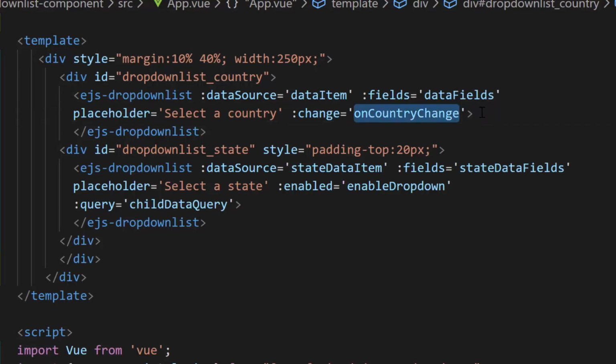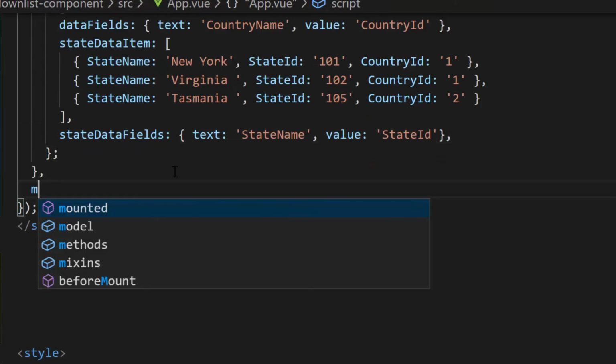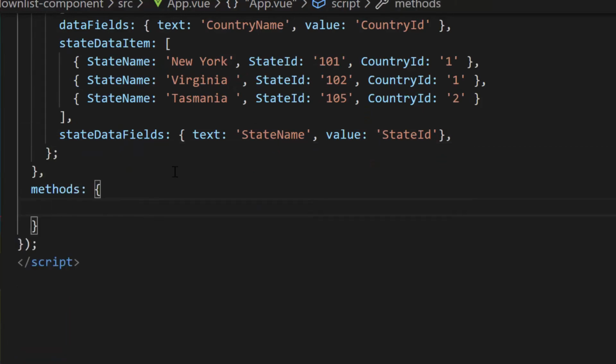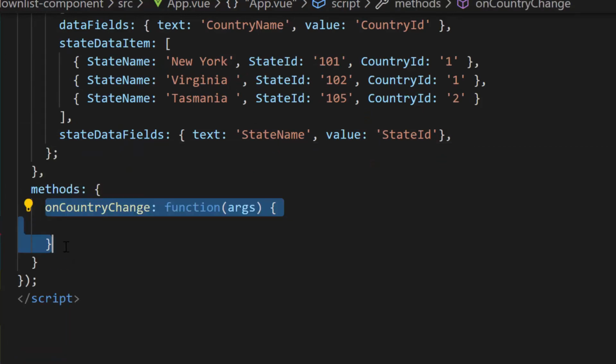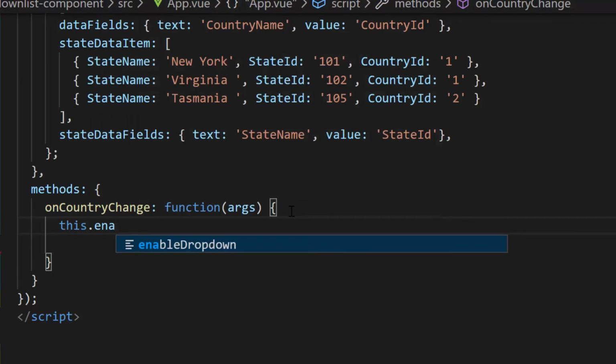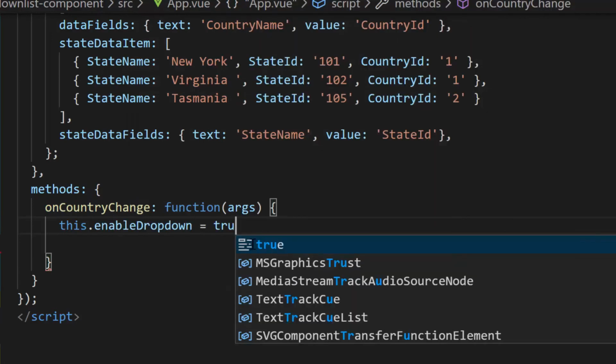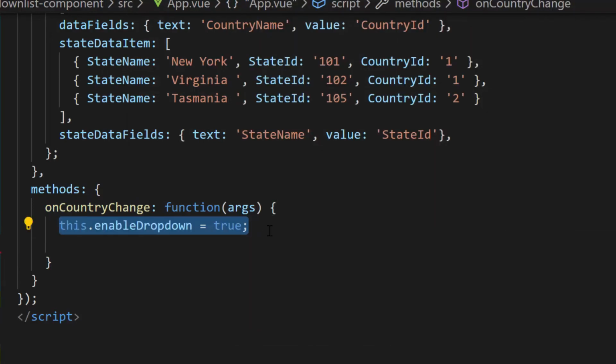Now, I will start to define on country change event handler. Therefore, let me add methods section first and define this event handler within it. Here, if a country name is selected, then this change event will be triggered. So, within this onCountryChange method, I need to enable state dropdown list component by passing the value true to this enable dropdown variable.